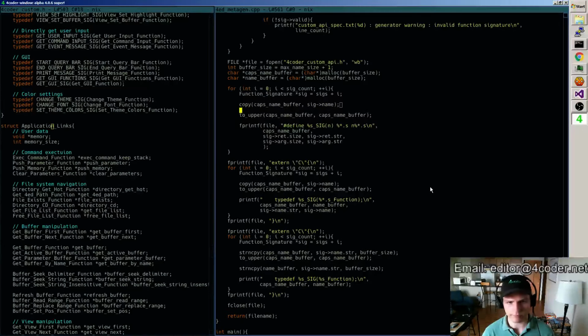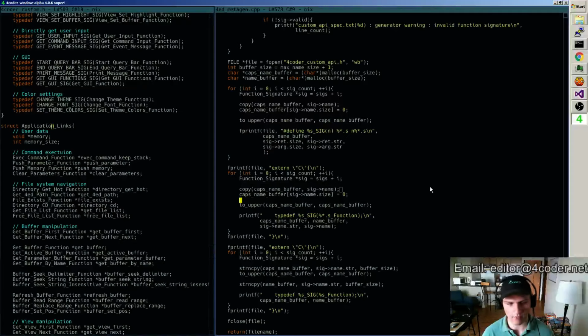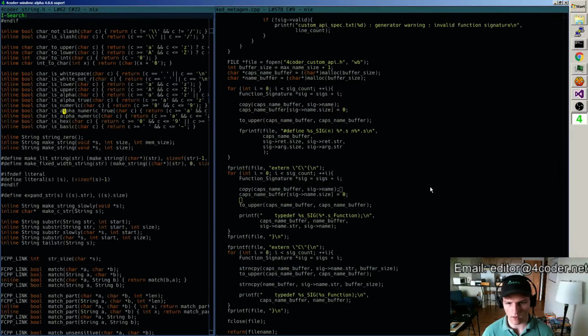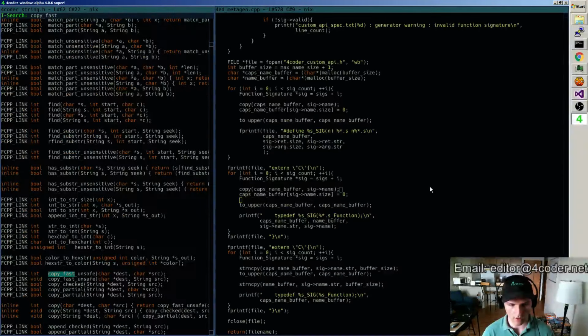And I need caps name buffer sig name size 0 to be zeroed so that I have a null terminator there. Same thing here, because I'm not sure, well, I could check. I don't think that my copies actually perform copy fast, unsafe.